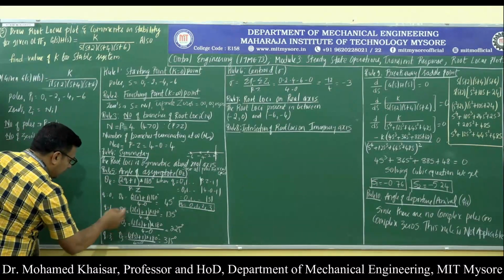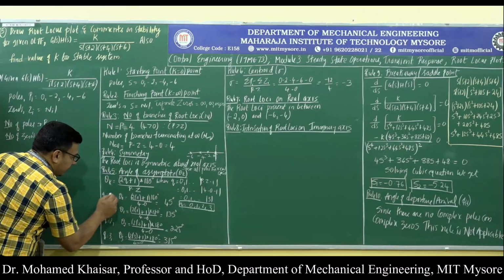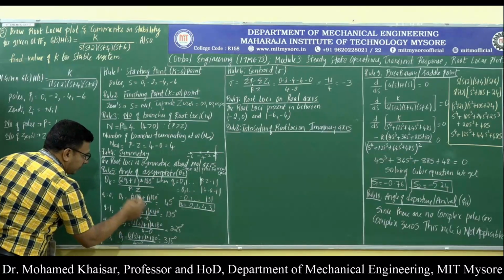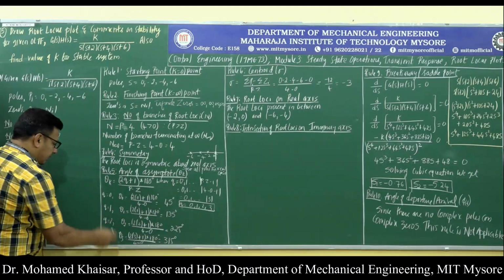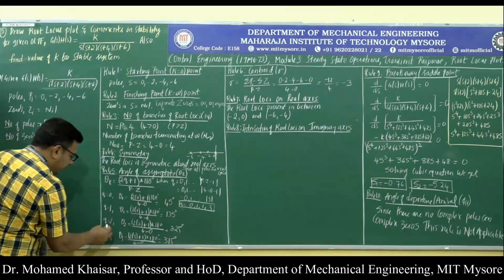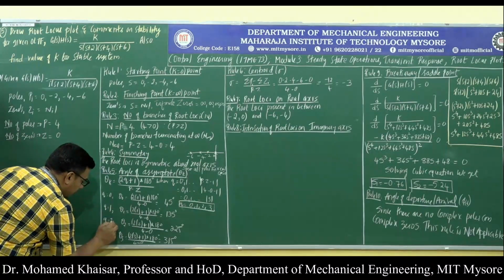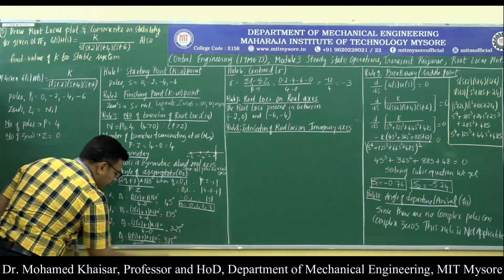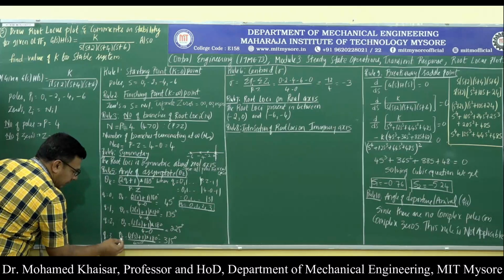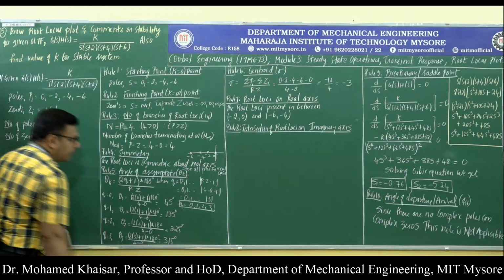So theta 0, when q is equal to 0: 2 into 0 plus 1, into 180, divided by 4 minus 0, we will get 45 degrees. Then when q is equal to 1, theta 1 we will get as 135 degrees. Again, when q is equal to 2, theta 2 we get as 225 degrees, and when we apply q equal to 3, then theta 3 will be 315 degrees.